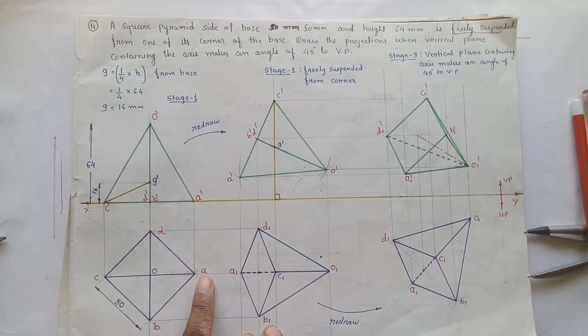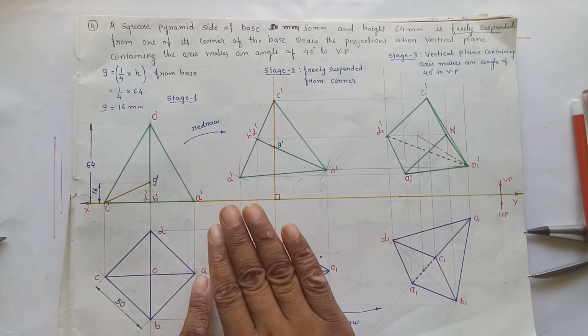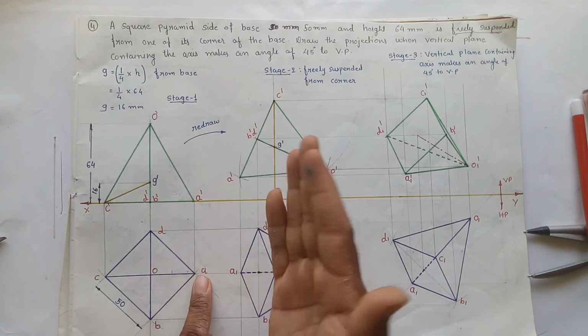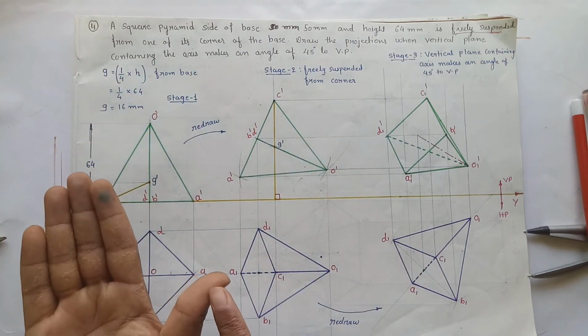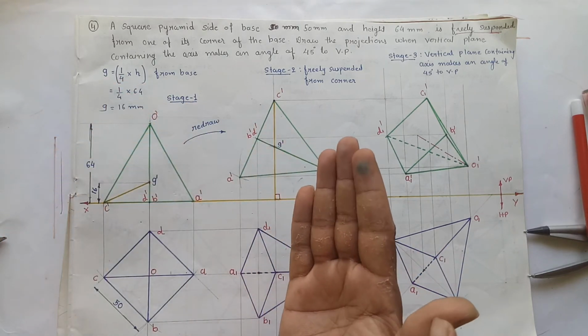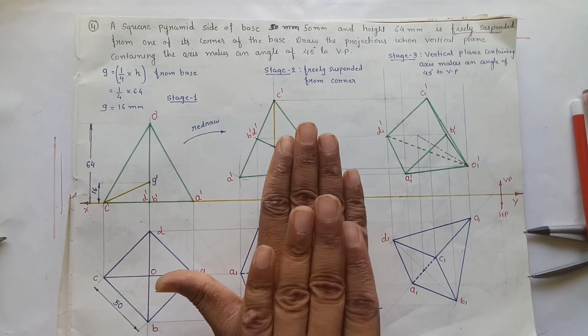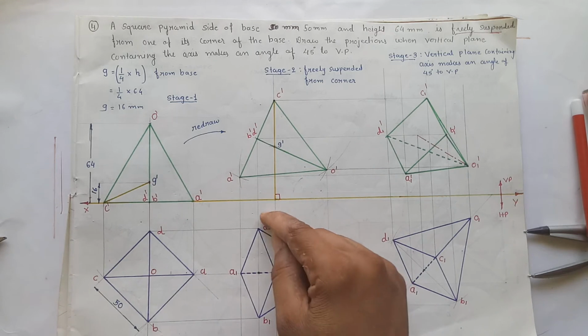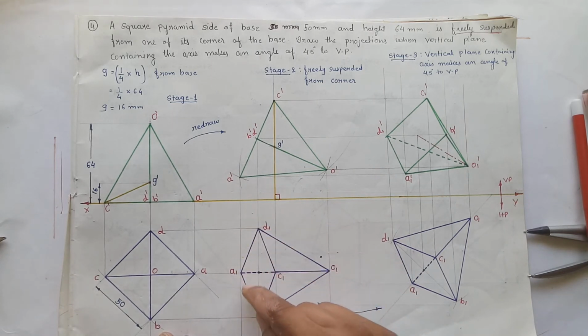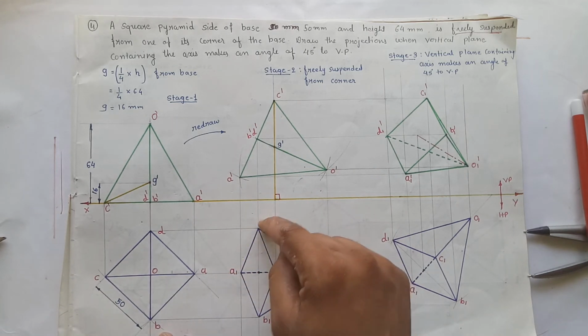in this equation A is over here, corner is over here, and in here it is rotated like this. So right now in this case the position is like this, A is here, and in this case A is rotated like this. The surface of the base is going to be visible, and if the surface of the base is visible, first of all draw the base which is going to be visible, A1, B1, C1, D1.